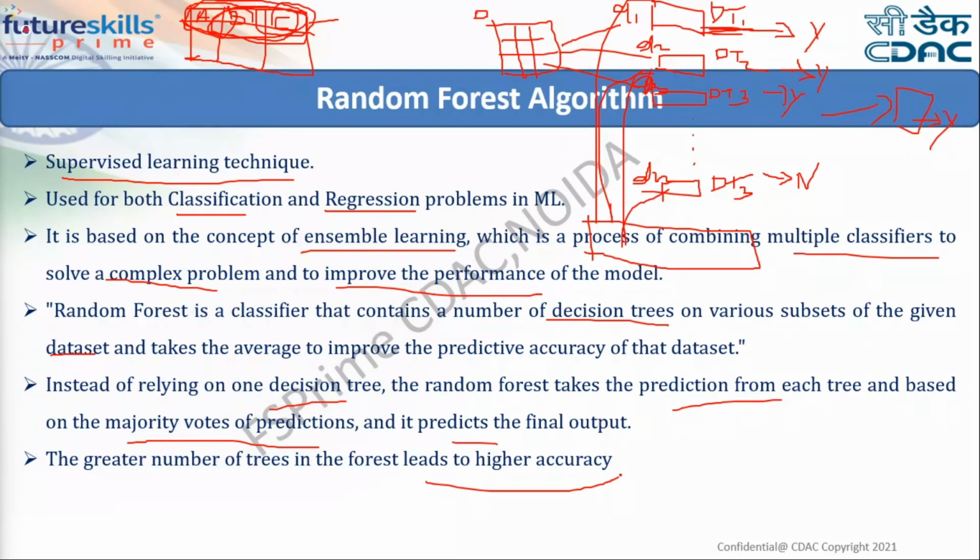Okay, quickly tell me, bagging consists of two terms. What are these two terms? We have just studied bagging. Bootstrapping and aggregating. Okay, and what is bootstrapping? It is a sampling method. It's with replacement or without replacement.